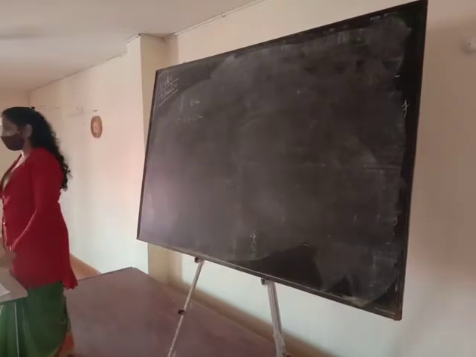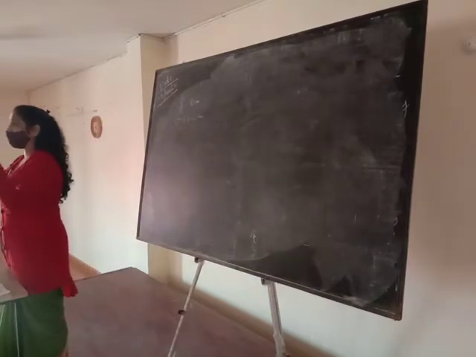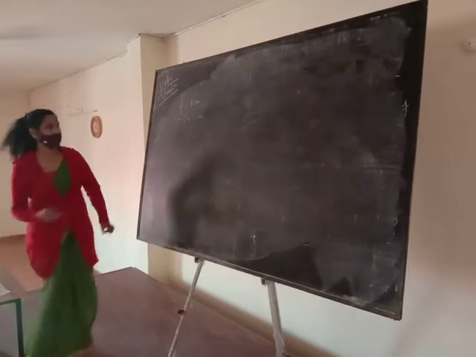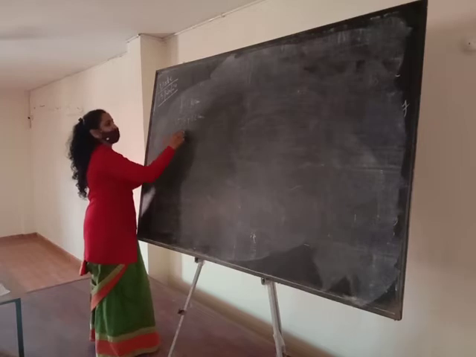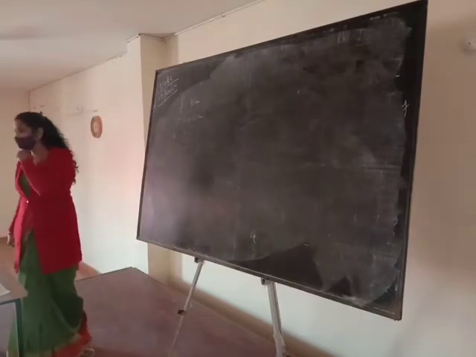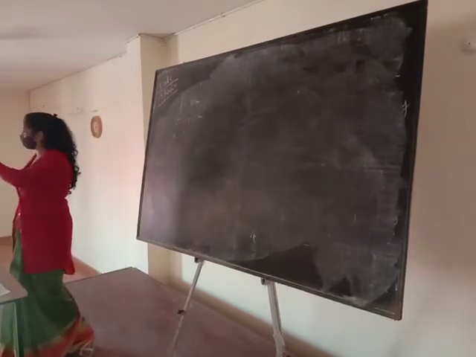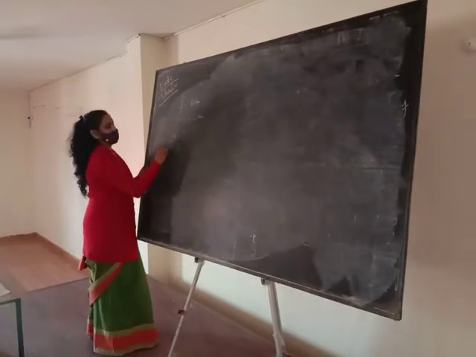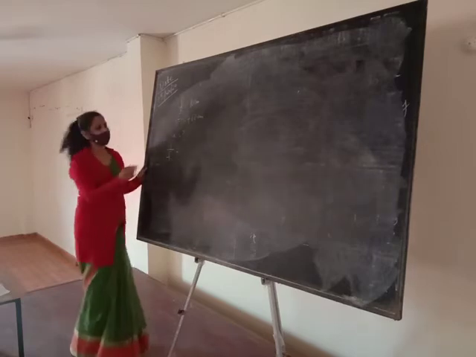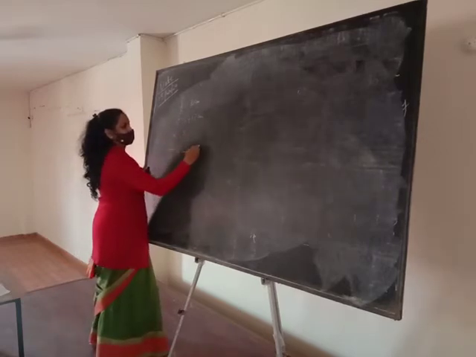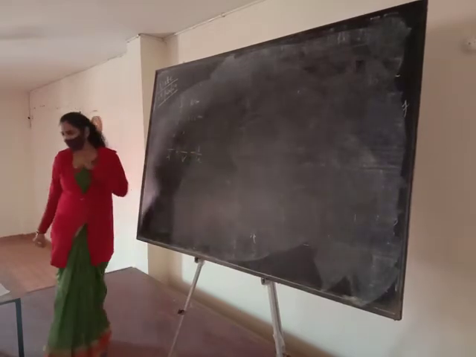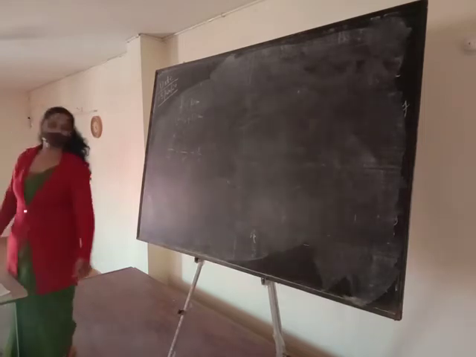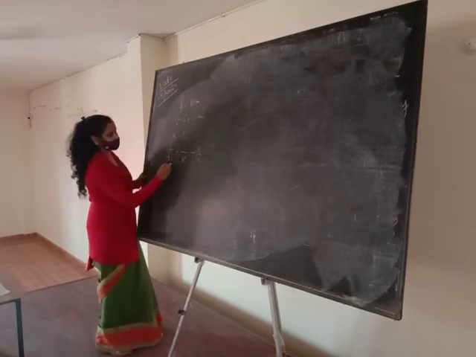And the question is asking where the object should be placed. It means we have to find the U. You have to find the value of U. So by using the lens formula, 1 upon F is equal to 1 upon V minus 1 upon U, you can find the value of U. Please do this question. Sit down, beta. Do this numerical yourself and find the value of U. I am also doing it here.